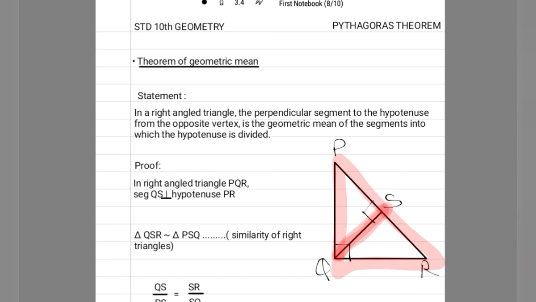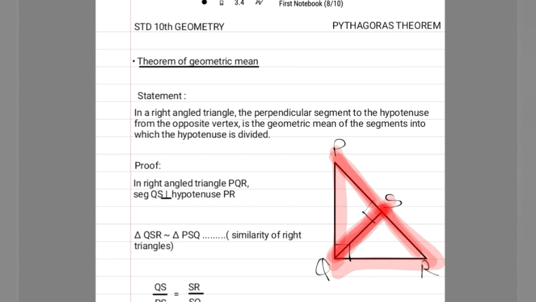Now we are not going to get into detail of what a geometric mean is, but what they are saying is this QS square is equal to PS into SR, the product of the segments divided because of the perpendicular line, that is PS into SR, is equal to the square of this perpendicular line. So this is what they want to say, and this is what we are going to prove for this theorem,